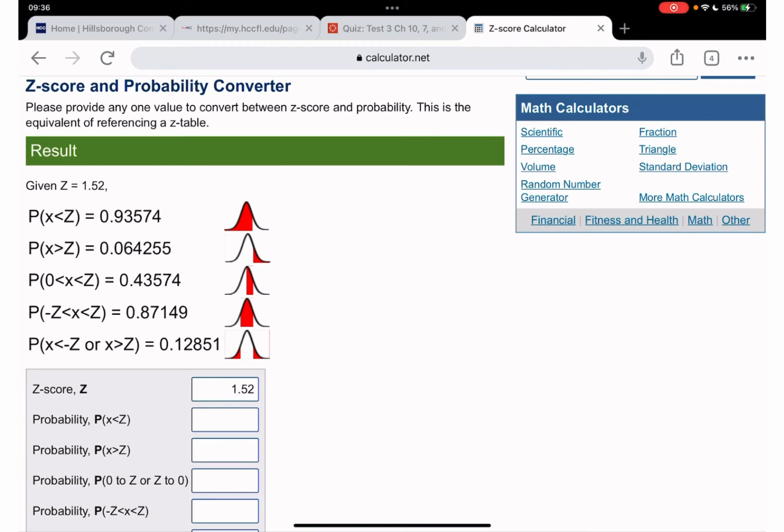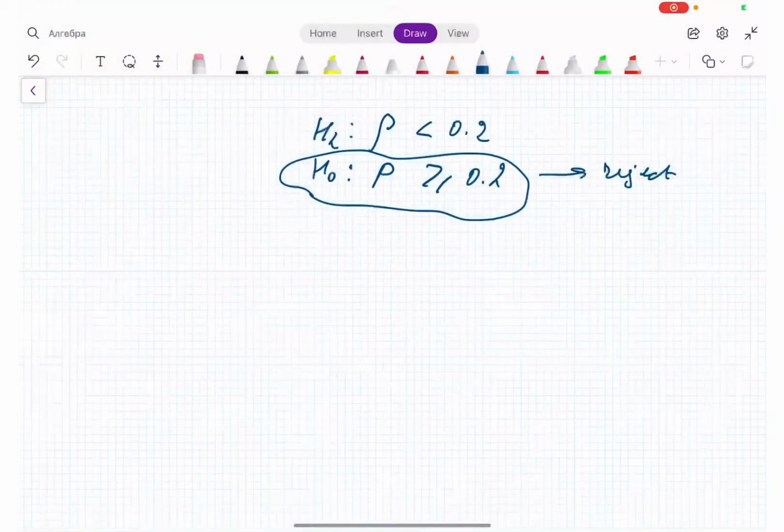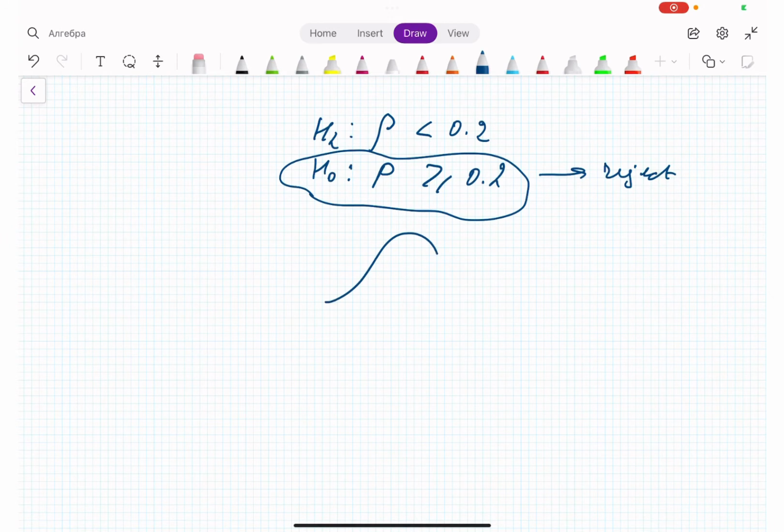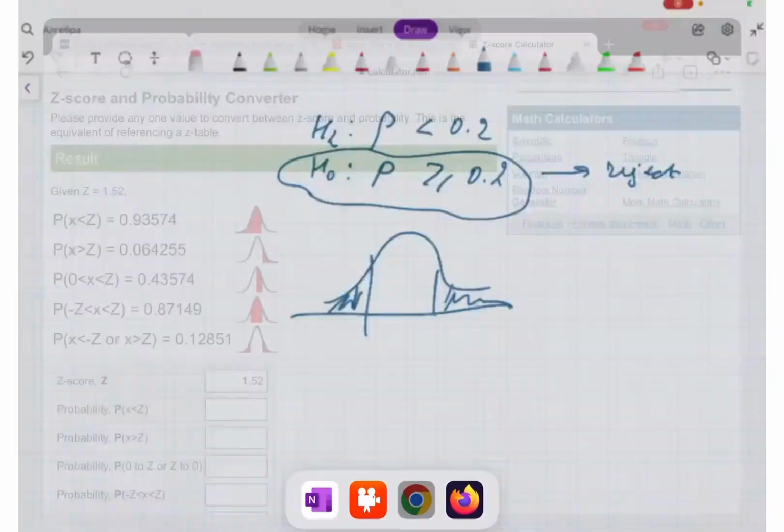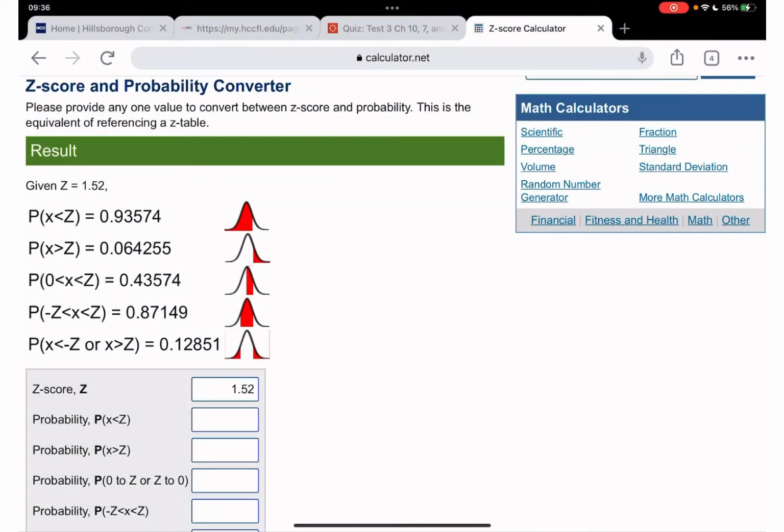And which one are we going to pick? Because we have a two-tail test, that means it's going to be the last one. Let me explain real quick. Two-tail test means this tail and this tail. And that is going to be the last one,